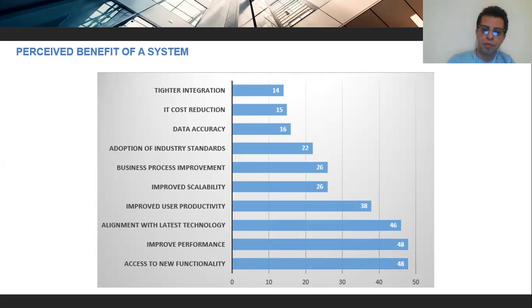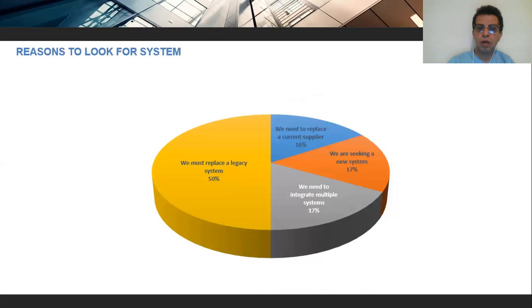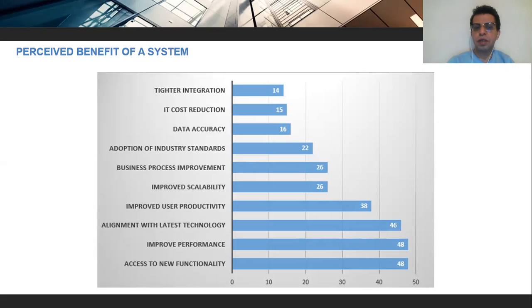They want to improve performance and/or get access to new functionality that's not available in their current application. These are the reasons, the benefits that they are seeing. So there is a reason for them to look for a new system or evaluate their own system, and once they start looking, these are the reasons: what's the benefit, what's the value